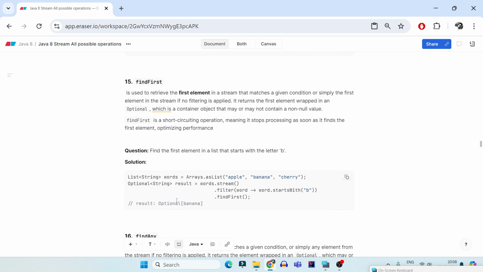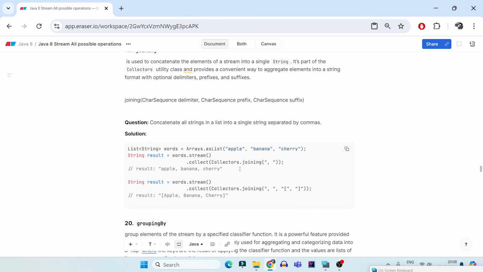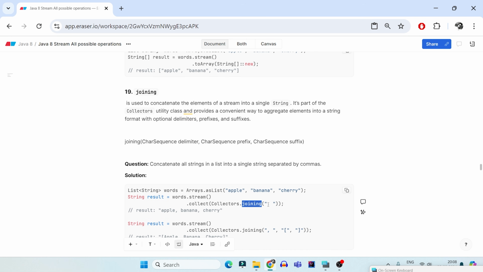Now I don't want to do that. I don't just want to collect them, but rather I just want to join all of them. So for the joining part, I can use joining, and you can pass a delimiter. Joining with a delimiter is going to convert your list of elements into a single string and concat them using the comma or the delimiter that you pass.